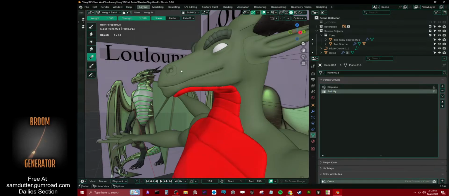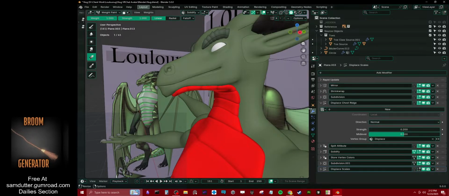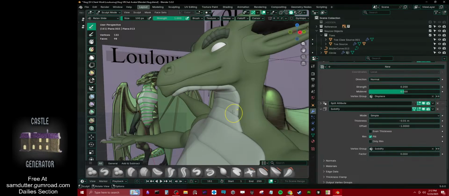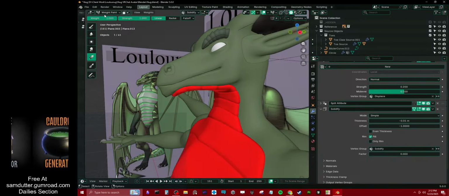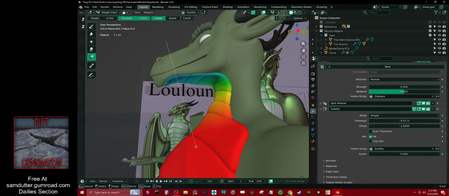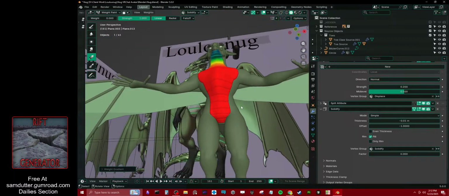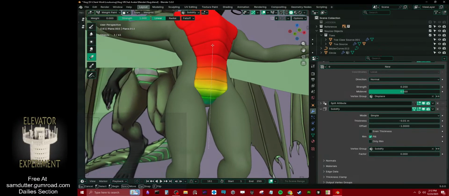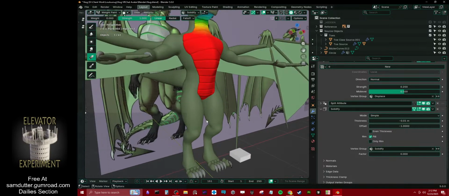Assign everything. Go to weight paint. Let's make sure we're in it. Then we can kind of zap it out a little bit. Maybe just like kind of a